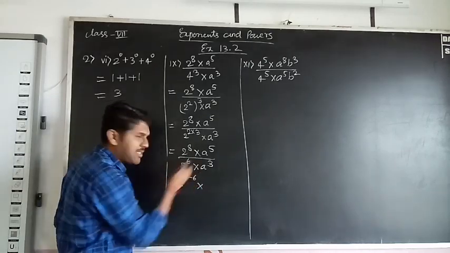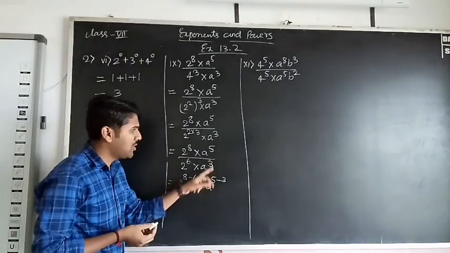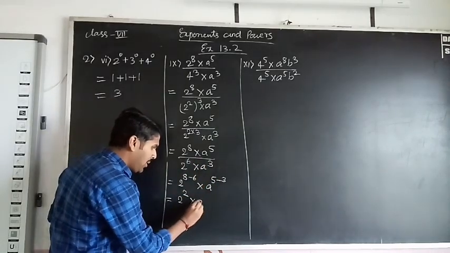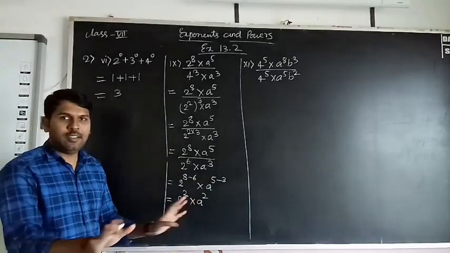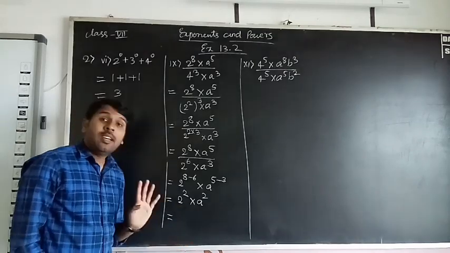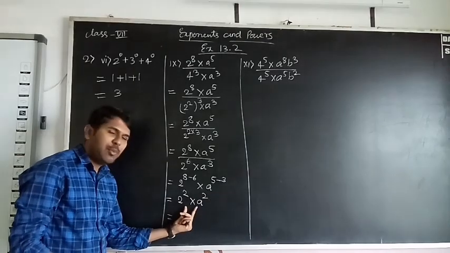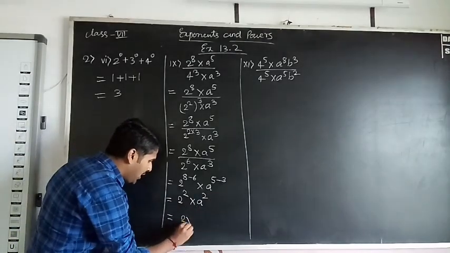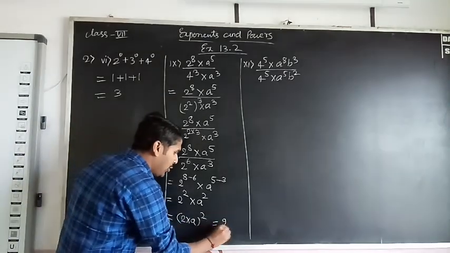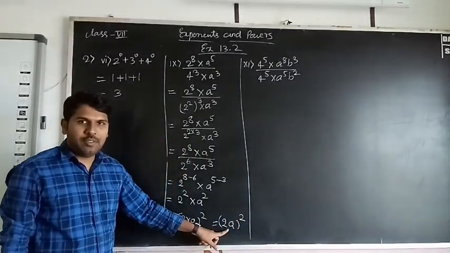So next here also bases are same. So A raised to 5 minus 3, isn't it? Because division is there and bases are same. Answer is 2 raised to 2 into A raised to 2. That's it. Okay. If you want to solve it again, don't solve in numbers. Just use the property of laws of exponents. Here powers are same. So that means you have to multiply the bases. 2 into A whole raised to 2. Otherwise you can write it as 2A raised to 2. This is also multiplication, isn't it?